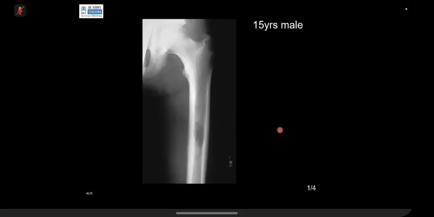I'm seeing a lytic lesion which is predominantly within the medullary cavity in the diaphyseal region of the femur, and it has a relatively narrow zone of transition, although at places it looks like a wide zone also, particularly at the inferior and medial aspect. So my differentials for this lesion in this age group would be